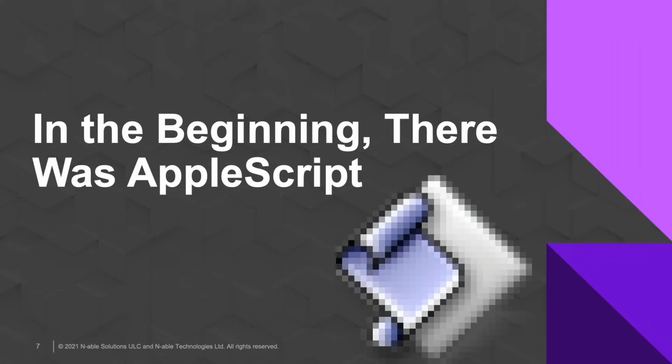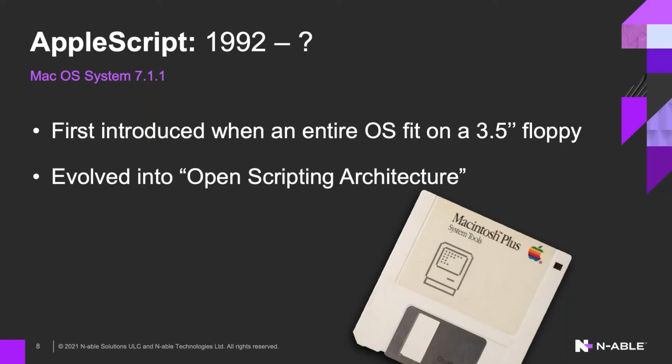If you have more questions than I have answers, at least in this section, there's plenty of resources online, not the least of which is Wikipedia, for things like what you can find circa 1992 AppleScript, for instance. And so initially, the Mac didn't have a command line like so-called serious computers like DOS machines and mainframes that ran Unix. And Apple eventually developed its own scripting language to make up for that.